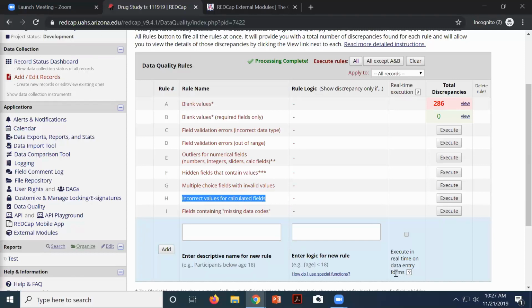Yes. If you click on exclude, it would remove it from future reports. Okay. Now